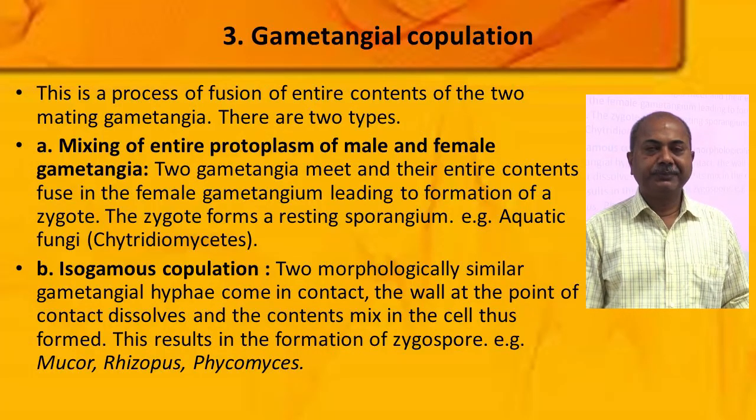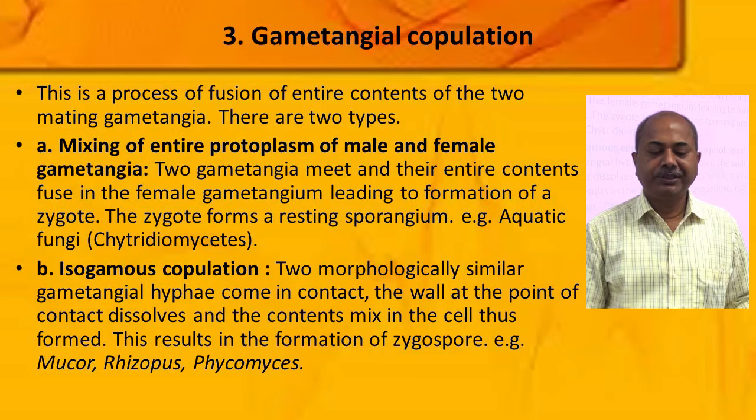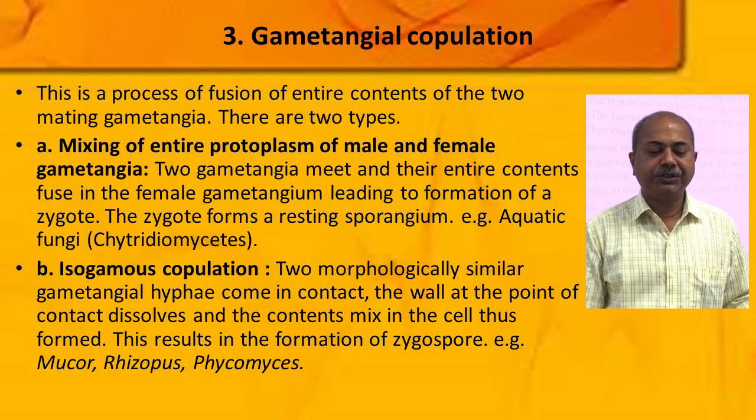So in the first method, the two gametangia meet and the entire content fuses in the female gametangium, leading to the formation of a zygote. The zygote forms the resting sporangium. An example is Chytridiomycetes, that is, aquatic fungi. Now in the second method, that is isogamous